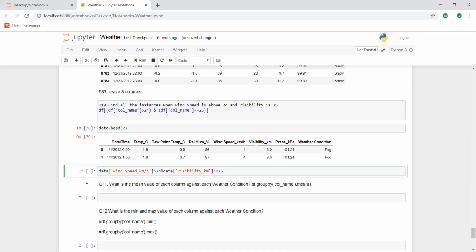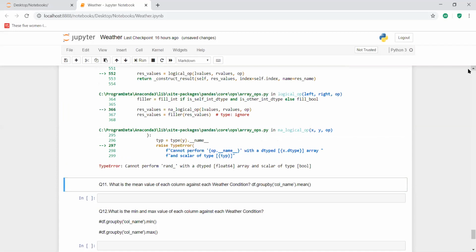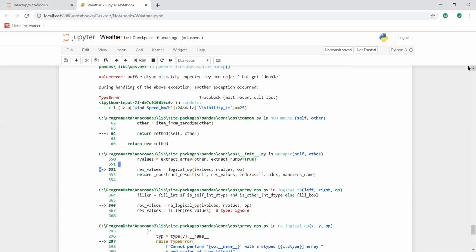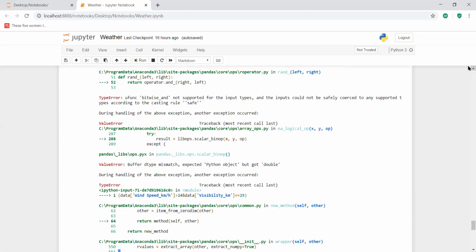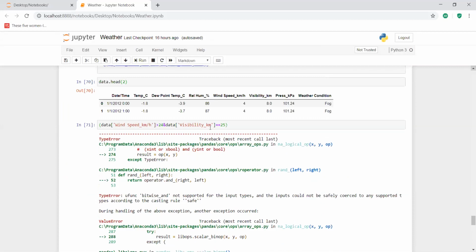So here we have done it. This condition should have parentheses, right?